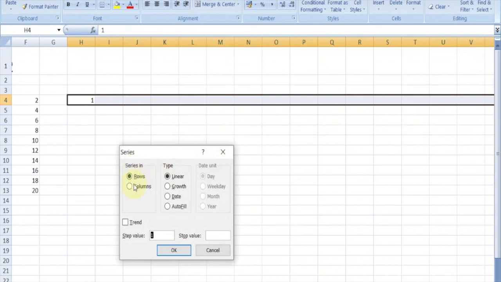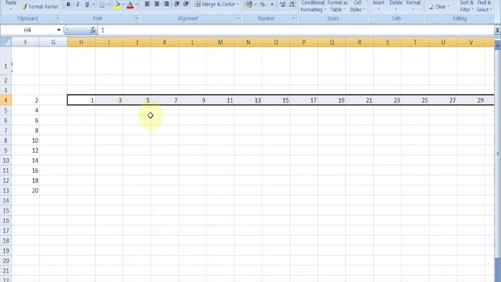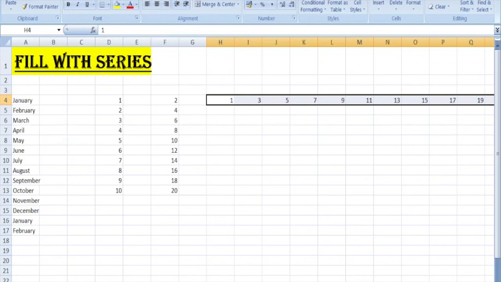Here the series in row is already selected, and type equal to linear. For the step value, if we want an odd number series, the step will be 2 and the stop value will be 30. Just click on OK, and we get 1, 3, 5, 7, 9 up to 29. So this is fill with series.